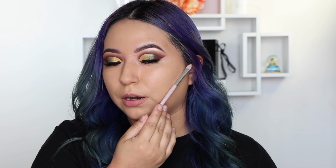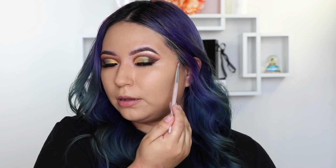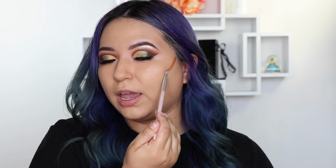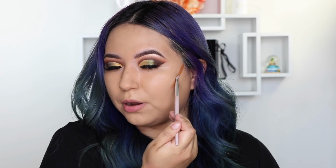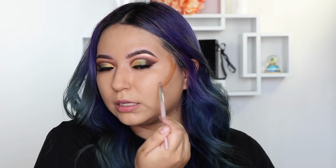Now since I do start off with contour, I like to, so my cheekbone is right here, right? I'm going to apply this color just a bit higher. And because I have a rounder face, I really want to make sure that I look super cut. So I'm starting off a lot higher, and remember that once you blend out, you do end up going a little bit lower. So this is the reason why I do go a lot higher as well. So I'm just going to start blending this out